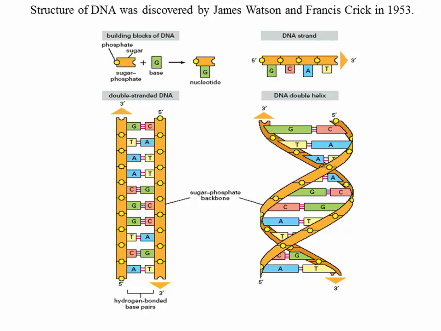So the first thing is you have a nucleotide. That's the DNA base. Then you have the sugar, which in this case is deoxyribose, and then you have the phosphate. The phosphate is attached to the 5' end of the deoxyribose, and at the 3' end, there's a possibility to attach something else. So now you have a nucleotide that is made up of the DNA base, the sugar deoxyribose, and the phosphate. So 5' is at this end, and 3' is at this end.